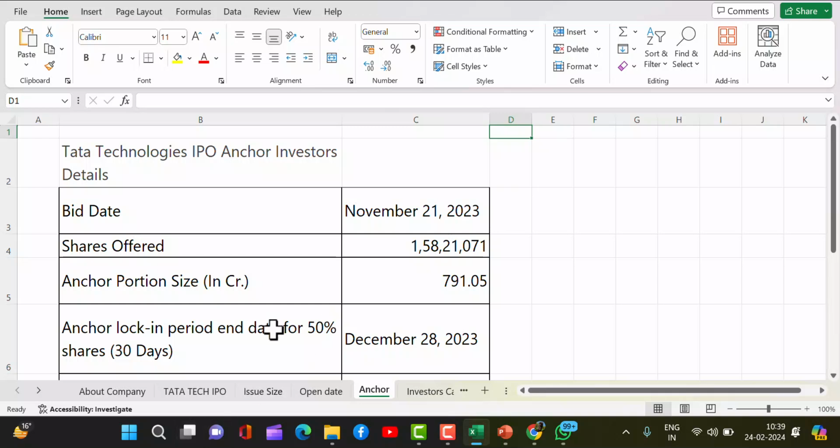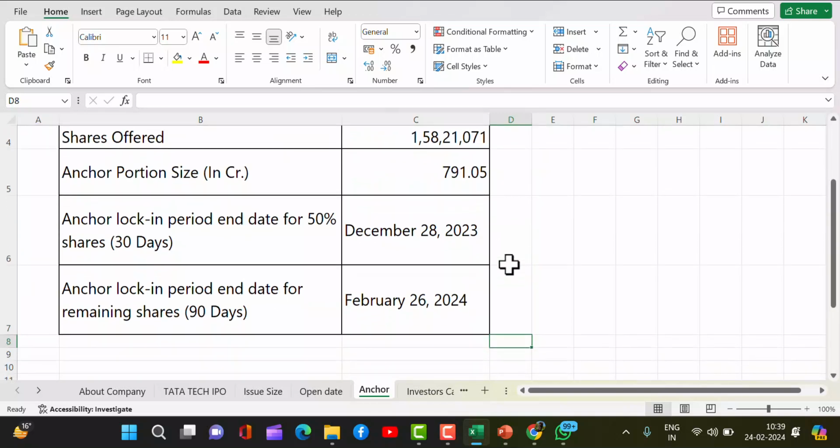A lock-in period. Now, of course, they have a lock-in period. Anchors, when they buy, they have a lock-in period. So there were two lock-in periods, 30 days ka or 90 days ka lock-in tha. Okay. So they have to hold the shares up to a certain date. So there are 2 dates given to them. Some portion of the shares they can sell before and after. So within 90 days, they have to have most of the shares with them. Okay. Then